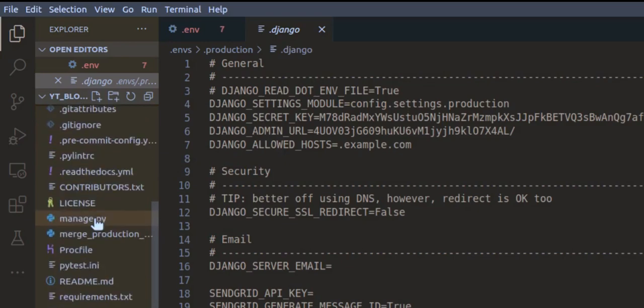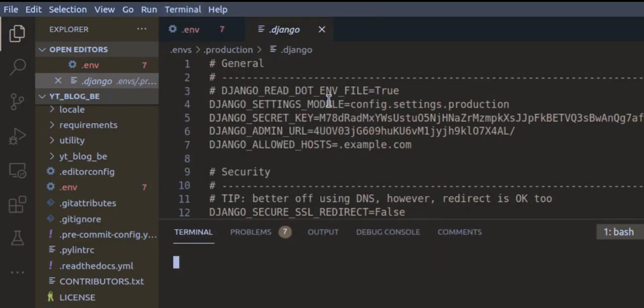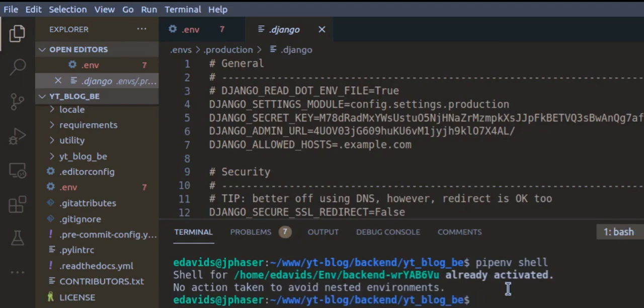We would have to open our terminal here, our inbuilt terminal for this project, and like I said, activate your environment. Do not forget that pipenv shell. Activate your environment. So you just wait for it. Bam, it's okay. It's already activated elsewhere, which is here. So to fix that,